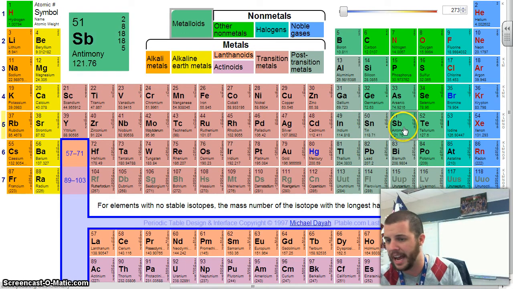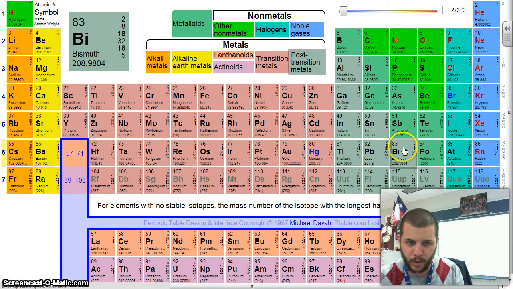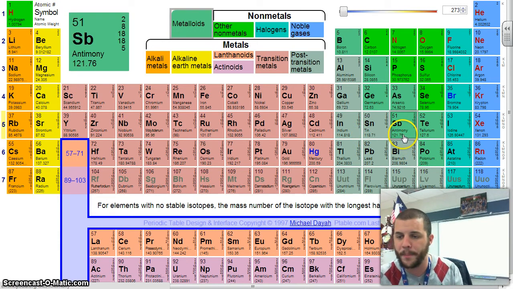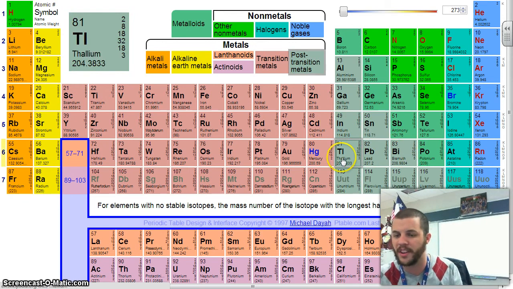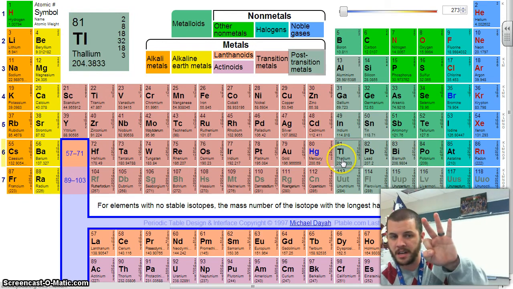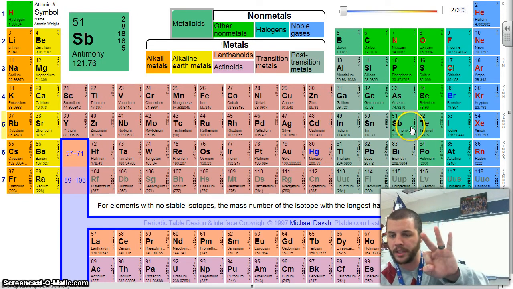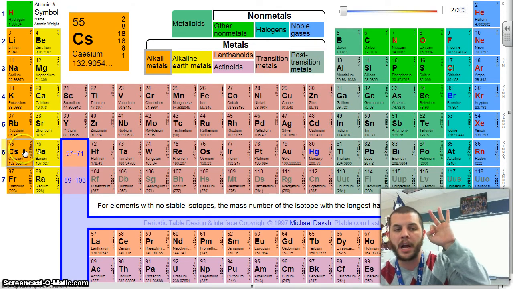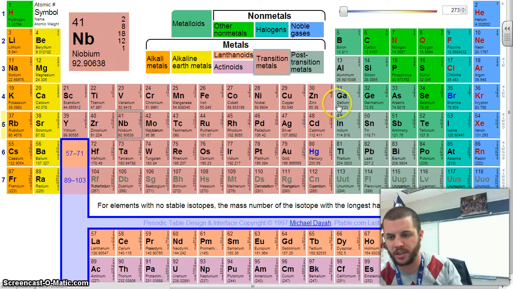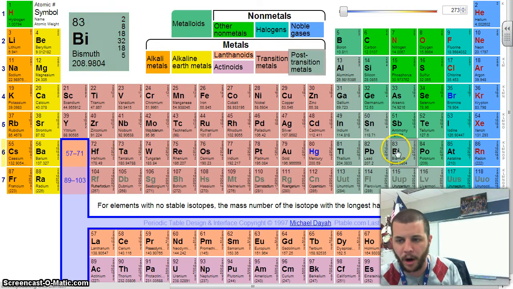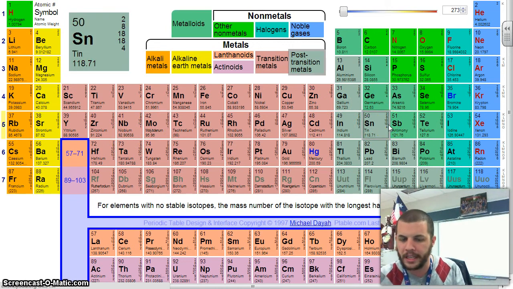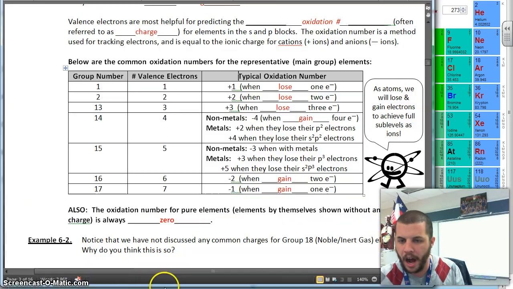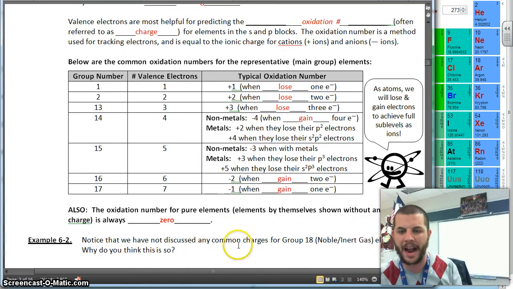Now, let's look at antimony and bismuth. This one's really going to get crazy. Antimony and bismuth can do the same thing. They can lose just their p electrons to form a +3 charge, or they can lose their p electrons and their s electrons to form a +5 charge. So our p block metals can get pretty crazy. Okay, so just remember that. That's going to be one of those things that you're going to have to practice with to get